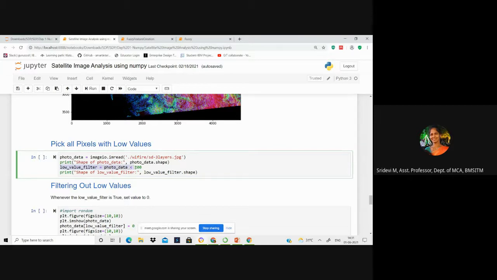With photo data pixel values lesser than 200. That means you want to filter out all the pixel values that are of low intensity, lesser than 200, and you want only pixel values that are of high intensity, greater than 200, which will give you thick colors and suppress thin colors.